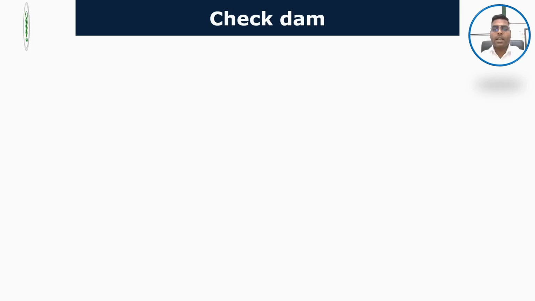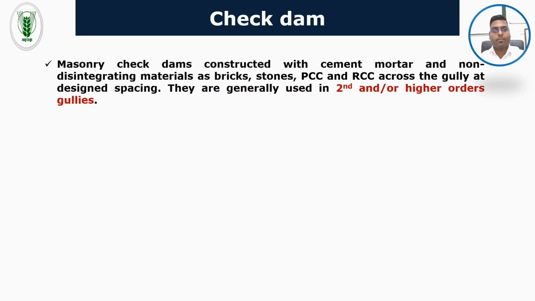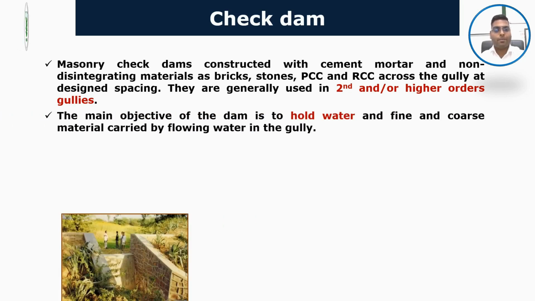The next one is check dams. Masonry check dam constructed with cement mortar and non-disintegrating material such as bricks, stone, PCC and RCC across the gully at desired spacing. They are generally used in second and or higher order gullies. The main objective of the check dam is to hold water and fine and coarse material carried by the flowing